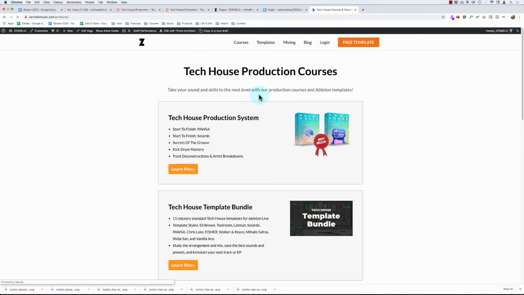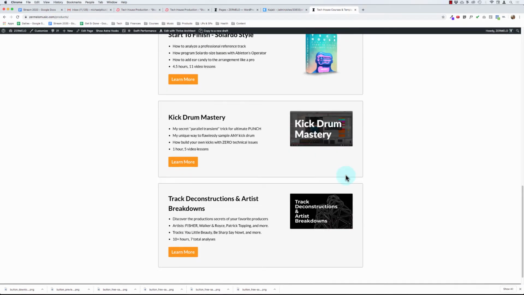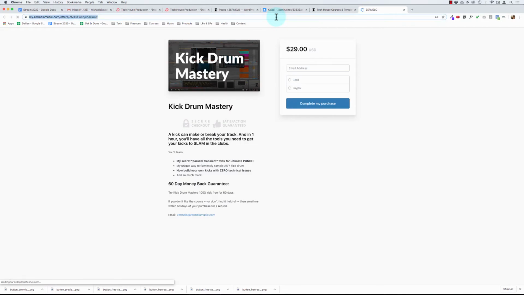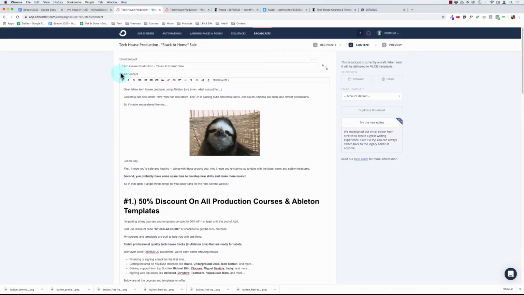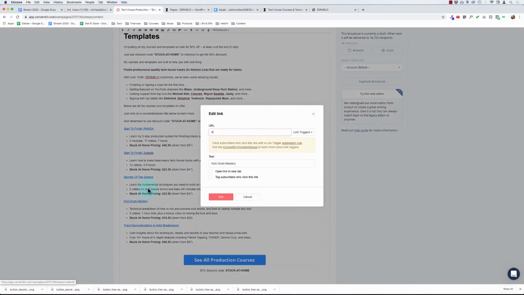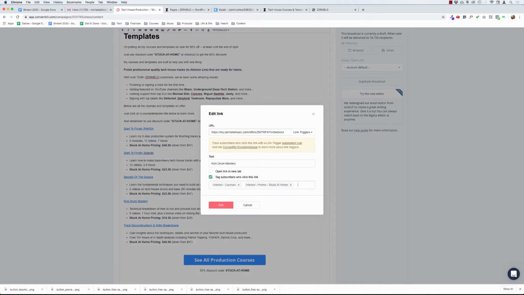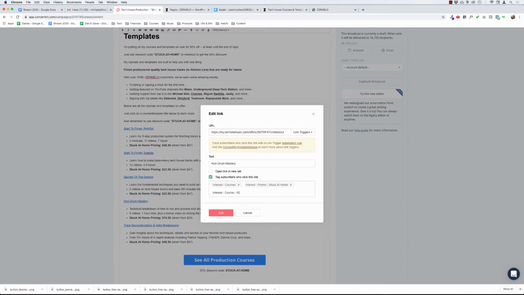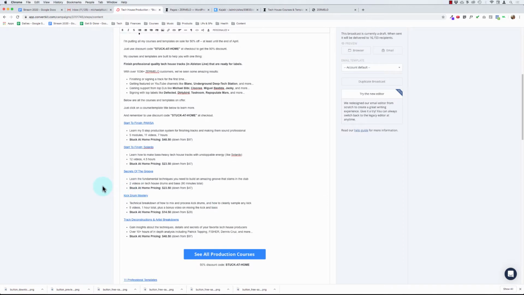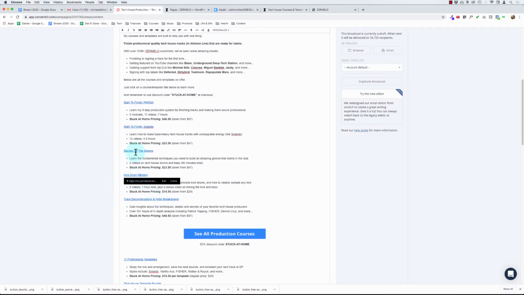Let's go to, although we're almost done here. So courses, and I'm going to command click just so I can keep the product page tab open. So I'm going to command click, and this is a checkout as well. So we'll come over here and edit this and okay, let's do courses, interest, we'll do promo, and then we'll also do, okay, do I have one? I don't know if I don't have one yet. So let's create one. Interest, course, dash kick drum mastery. Okay, so there we go. Okay, perfect. And then, okay, so that link is there. It's triggered,